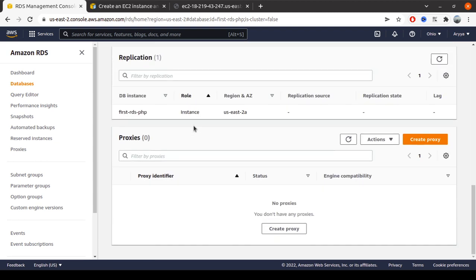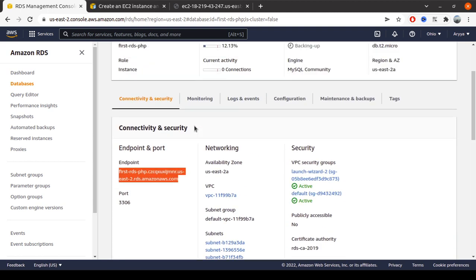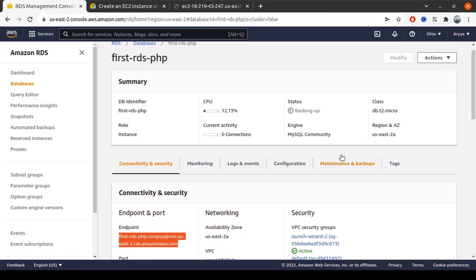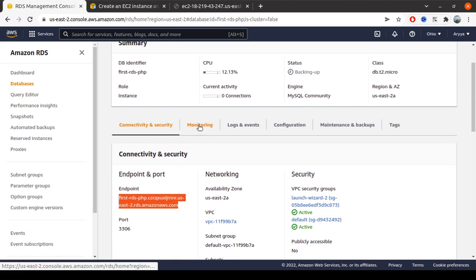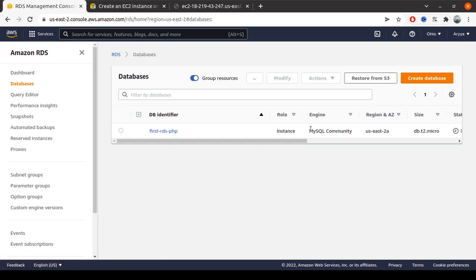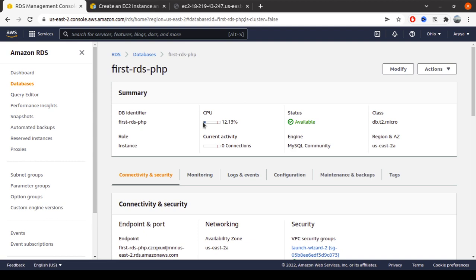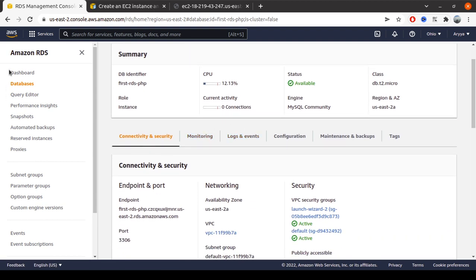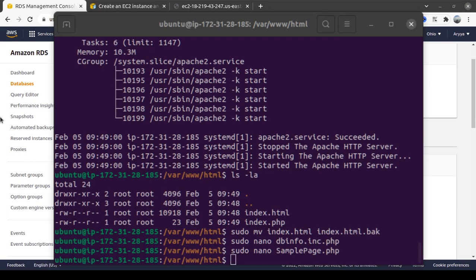So let's check where the database name is here. Okay, let's add this one.